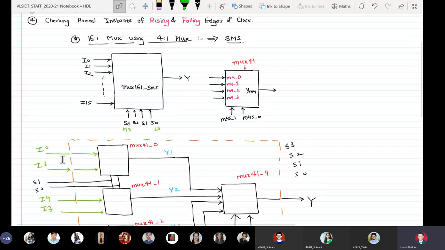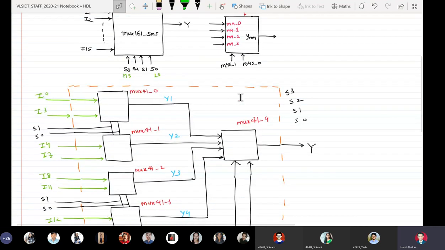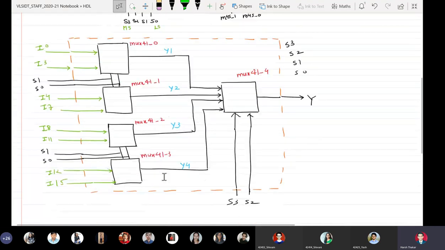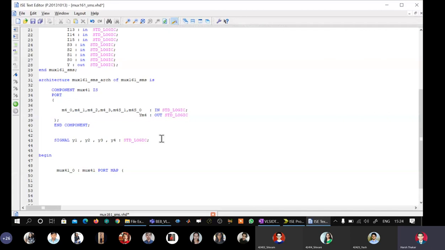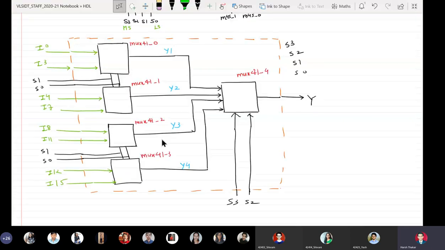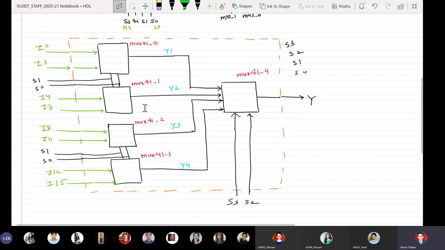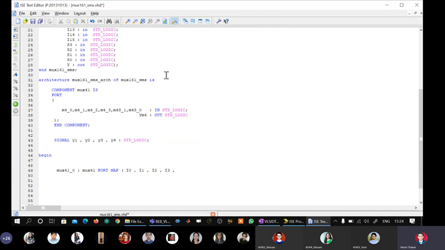Now it's very clear that my I0 is going to hit M40. I1 will hit M41. I2 will hit M42. Similarly, for the last instance, M43 of mux41_3 will be getting I15. It's very simple. We just do that now. So I0, I1, I2, I3, and then the select lines of the instance get S1, S0.